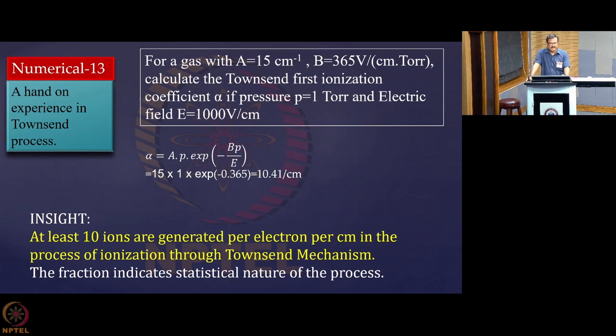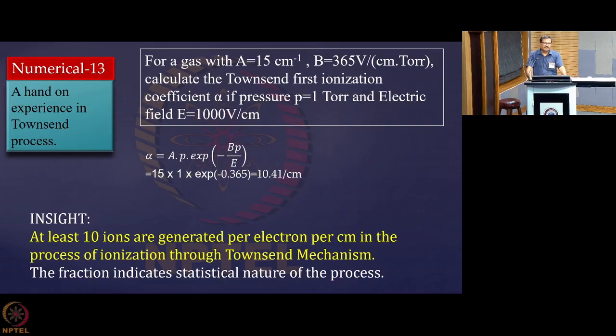So we should understand that this figure is coming because of the statistical nature of the problem. It may be 10 electrons once and the next time it may be 11 electrons. It may even be more than 11, or even less than 9, sometimes. And when you take a large number of such measurements and make an average, then this number comes out.